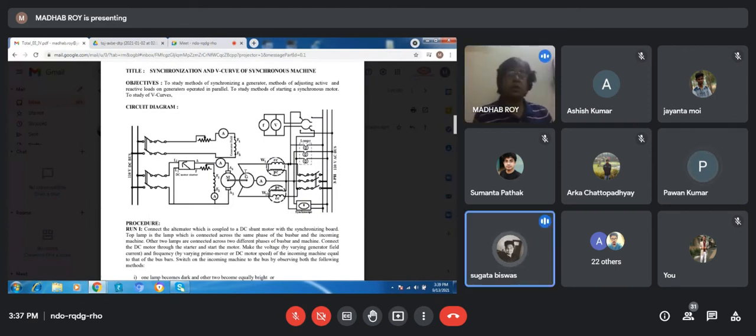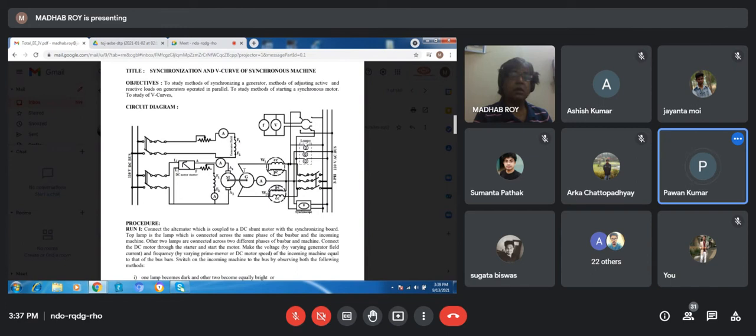Sir, in motor condition, the synchronous motor will consume the reactive power. That's how you can explain that. That is another question, the reactive power question I will bring up later. First, what I want to say is that